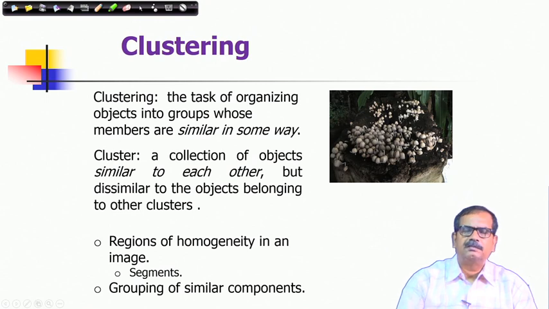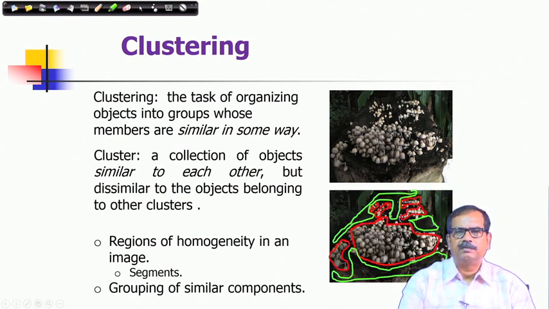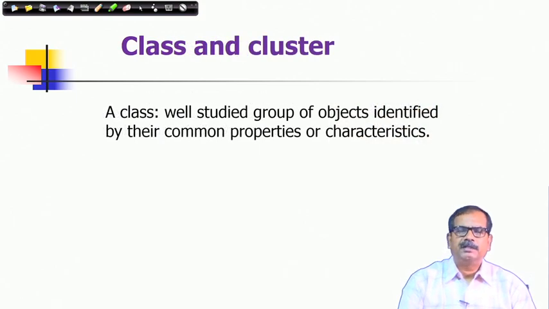An example we can see here: suppose I have given an image of a mushroom and in the background there is a humus substance, and we would like to cluster the similar pixels or similar regions. One result could be in this form. Here you can see that there are primarily two regions or two types of clusters, shown by the green contours and red contours. Again, there are different regions of green contours and red contours which can also be treated as segments.